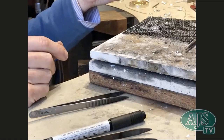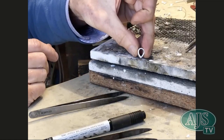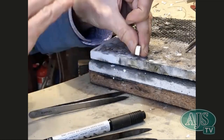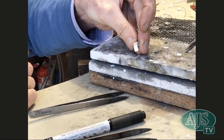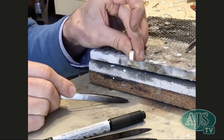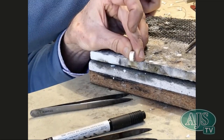Do you want to show it on the other camera, Chris? Yeah. So it's now got lovely curvature to it. I could tap that down even more. I could actually create a curved top to that bale if I wanted to. There are a lot of things that the collet plate will enable you to do. Now, as I say, you can see that this is flat. It has no life to it. And if I compare it to the one I'm trying to get to,